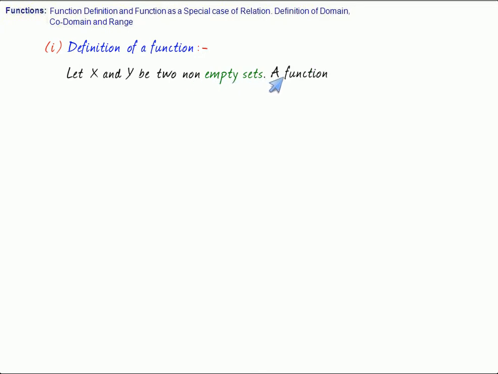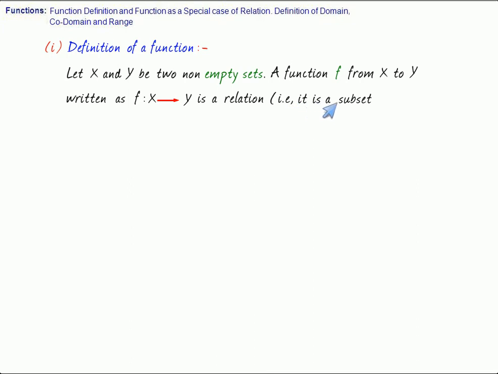A function f from X to Y, written as f: X to Y, is a relation, that is, it is a subset of X cross Y satisfying. So a function f from X to Y is a relation from X to Y satisfying, number one,